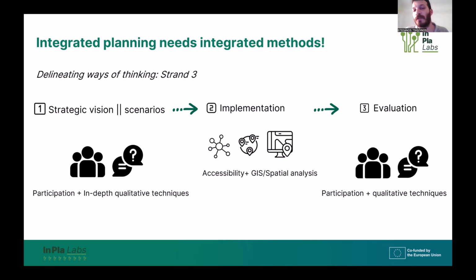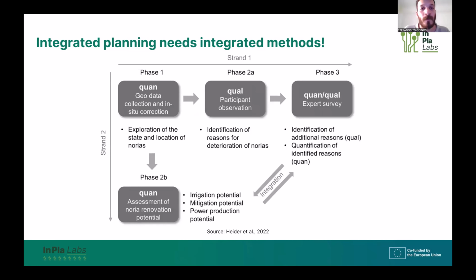It's not one sequence once and for all. It's about thinking of what sequence we want or what tools we're going to employ. So here you can see an example from a paper that deals with water engineering and stuff like that. It's not about urban planning, but I wanted to show it to you because it's really helpful for the way of thinking. And we have strand 1.